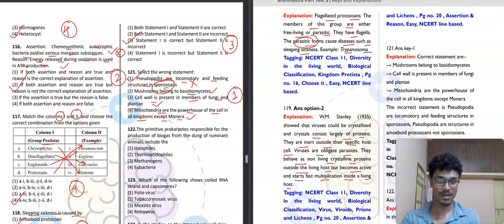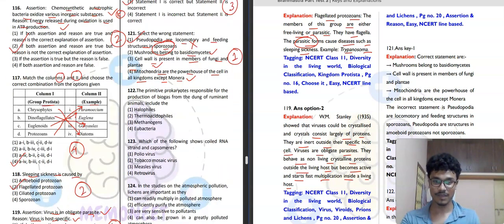I hope you are understanding each and every question perfectly, because little concepts are needed to solve this kind of questions, because you need to remember and understand the concepts from the NCERT. If you read the NCERT multiple times, then this paper will be very easy for you, just like a cakewalk. Okay, now moving towards the next question,